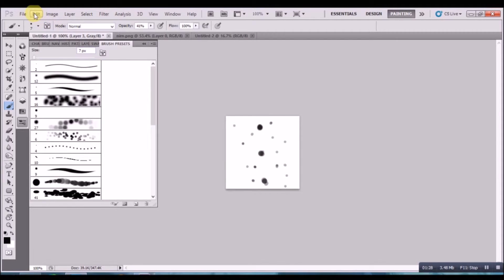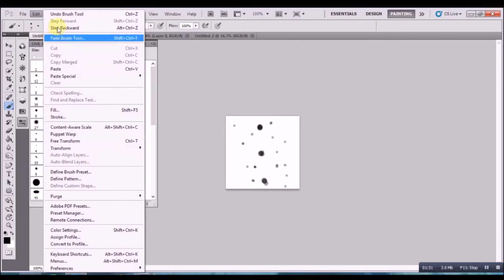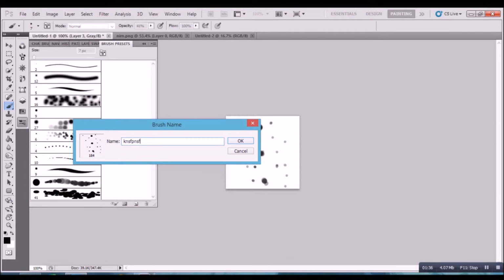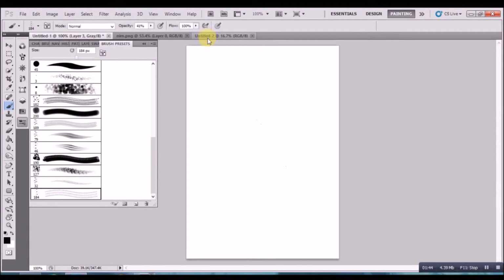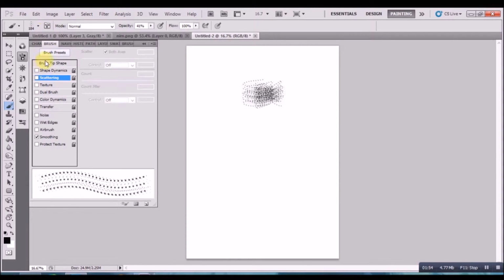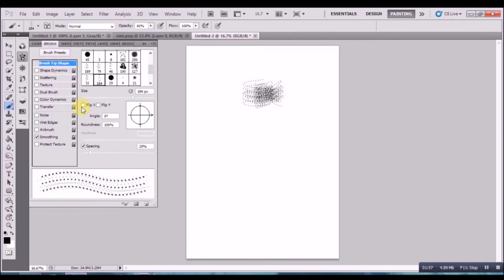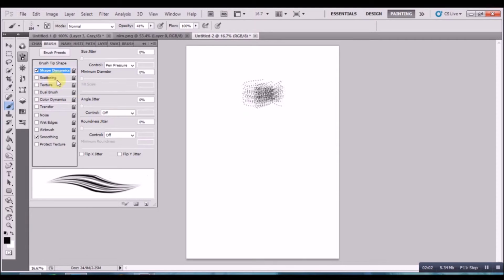And then you just need to go into the edit menu and find brush preset. Just name it whatever you want to name it, key mash, whatever. And then it's as easy as that really. So we'll just go to our big one here. As it is, it could be useful for grating, for metal, that kind of thing. But in order to use it for hair, you should go and fiddle around with the settings. Just move the spacing down to 1%, take the shape dynamics down to a minimum diameter of 0%, and then it's as easy as that really.